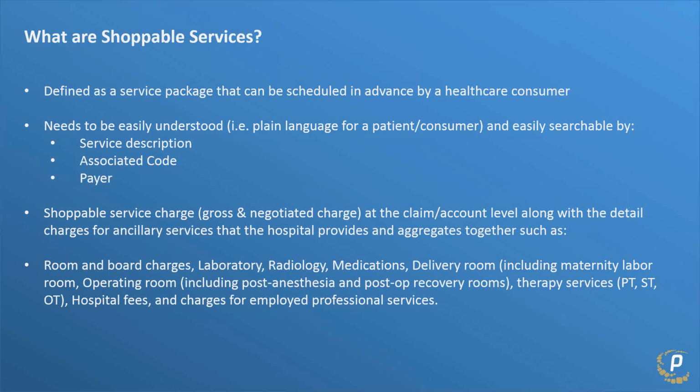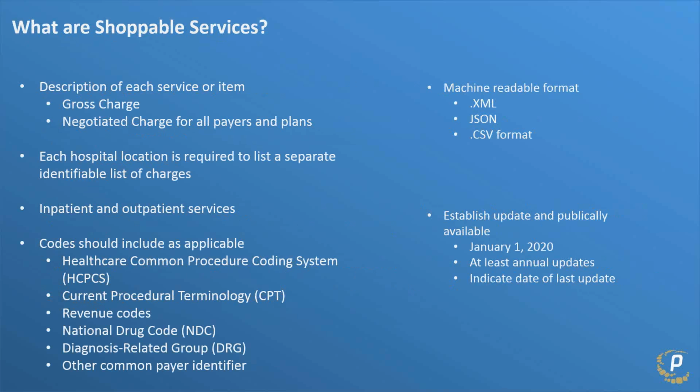To create the file, in our view, the first step is going to be to analyze your historical billing data to really determine an ideal claim or patient scenario for everything you do, and then determine, based upon those services, which shoppable items you want to post. Now, CMS has provided a list of 70, and each hospital is going to have to come up with 230 items themselves.